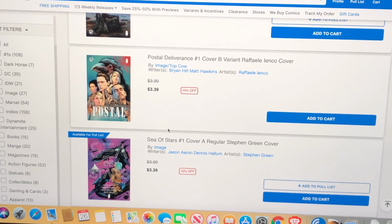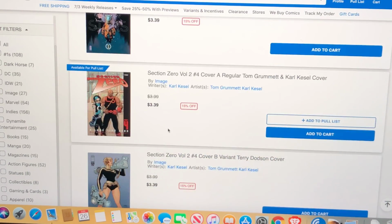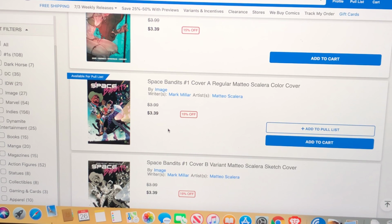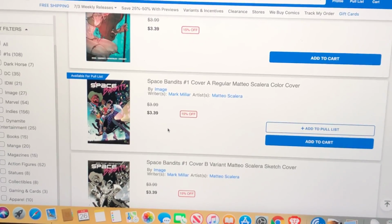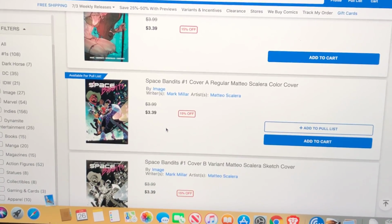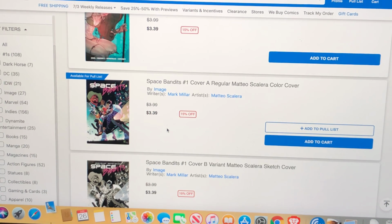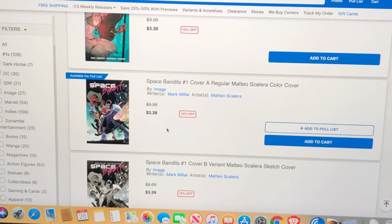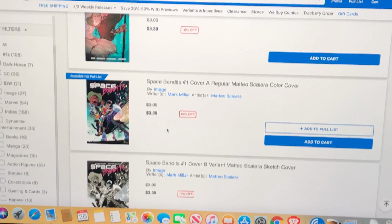There's a B cover. So I know you've got a new Mark Miller book coming out, Space Bandits #1. I did pre-order that just to try it out. I think just the A cover on that, just to see if it was any good. Mark Miller for me is hit and miss. I love Scalera's artwork. I collected a lot of the Black Science that Scalera did. I really like the artwork,